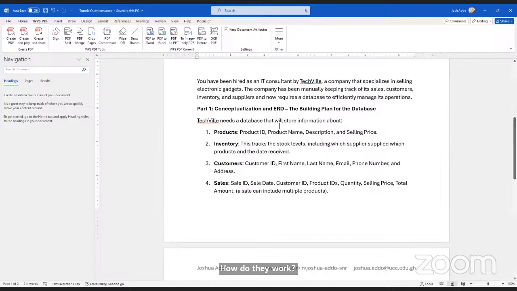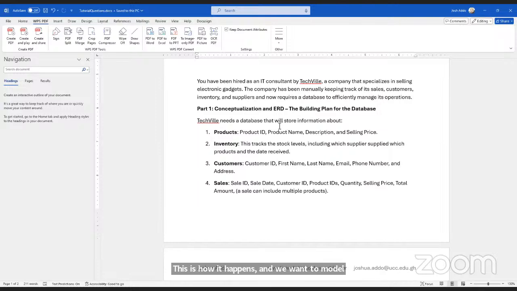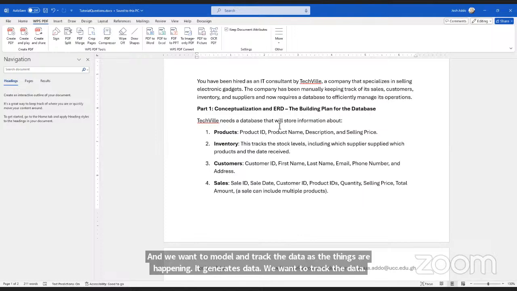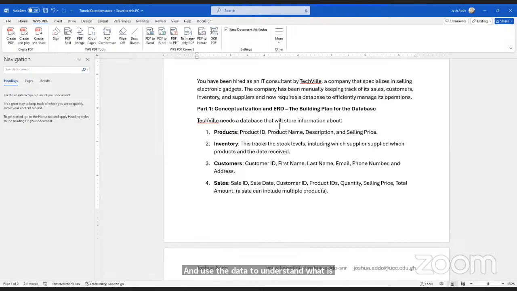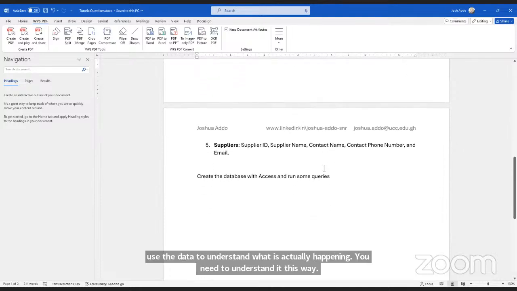When we are selling, we buy the products, we put them somewhere, people come and buy. This is how it happens, and we want to model and track the data as the things are happening. It generates data. We want to track the data and use it to understand what is actually happening. You need to understand it this way. If you want to chew this, it will be a big task for you.